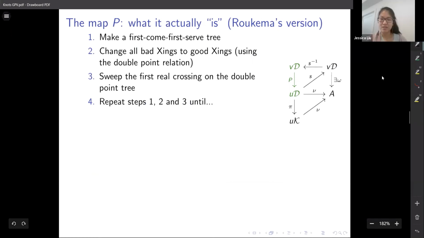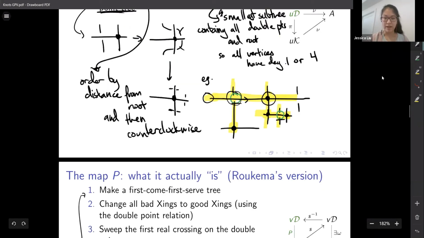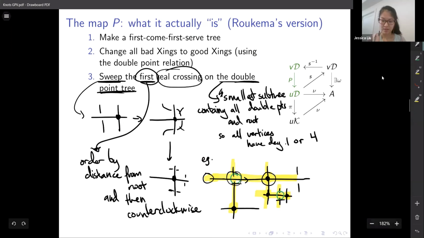Okay. So the next step is easy, because in the next step we're just repeating what we've already been doing. We want to repeat steps 1, 2, and 3. So repeating step 1 means that after sweeping, we've swept, and this tree is still a tree, but it might not be a first come first serve tree,